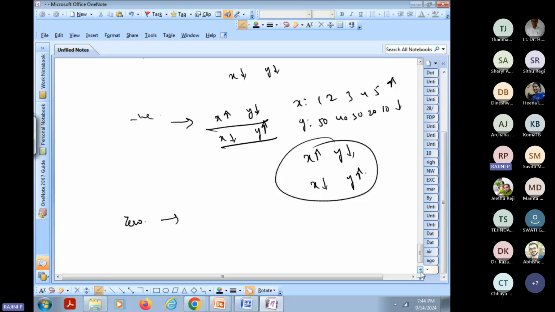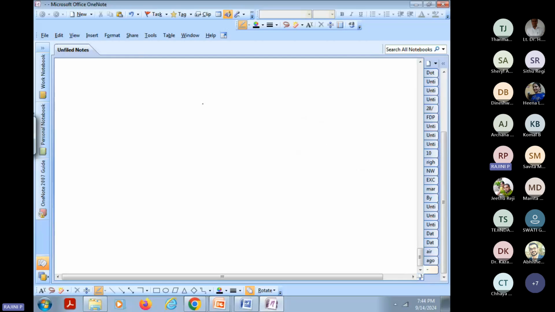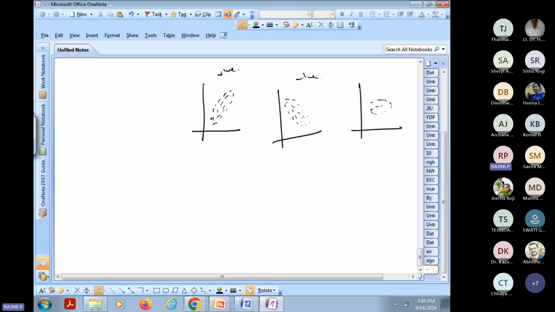In a diagrammatic presentation, how can we say that? Whenever you are plotting the values on the graph, if all the points are in an increasing trend, then we say that it is a positive correlation. If the plotted points are in a decreasing trend, then we understand that there is a negative correlation. And when you plot all the values and you get a circle type of pattern, that means there is a zero correlation. Clear? So this is the first type. Is type 1 clear, everyone?